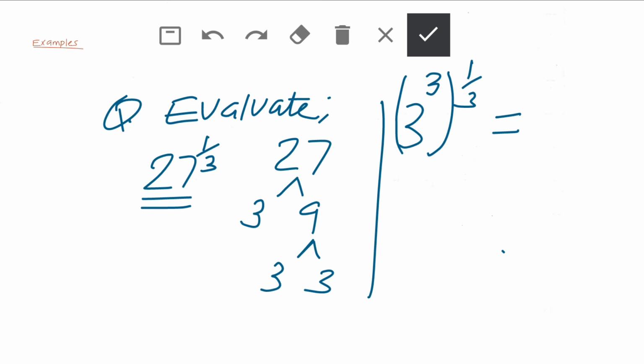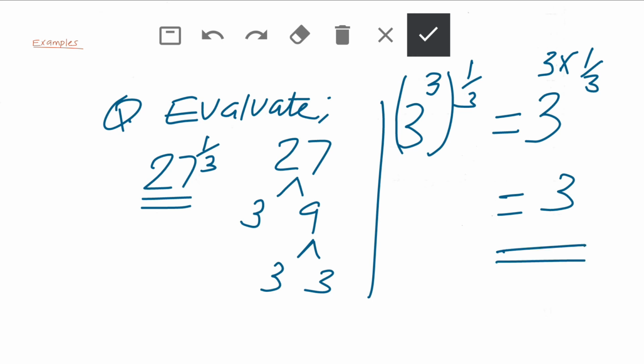And we have seen again, when you raise a number to a power and then raise it again, you simply multiply the powers. So this is simply going to be 3 times a third, which is 3 over 3, which is 1. So the answer will simply be 3. So 27 raised to power a third is 3, or it's like finding the cube root of 27. So the cube root of 27, which is represented by a third, is 3. Now let's look at this other question,